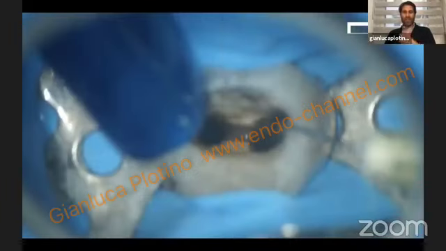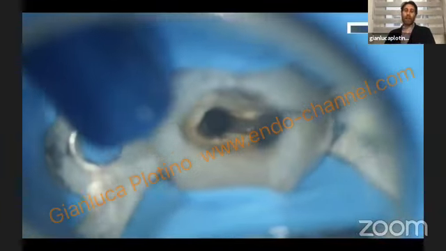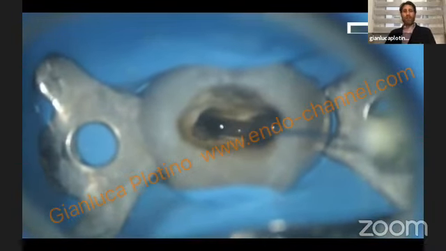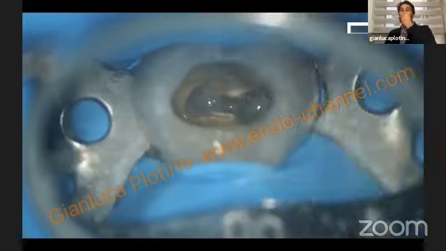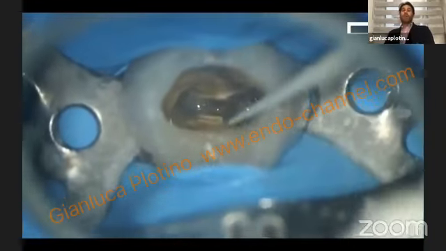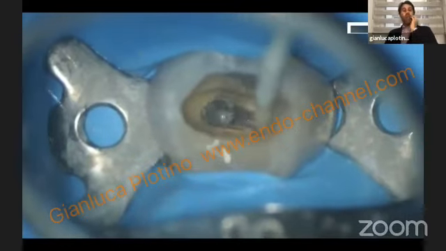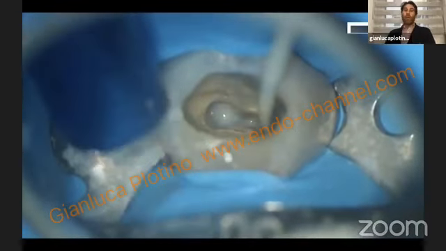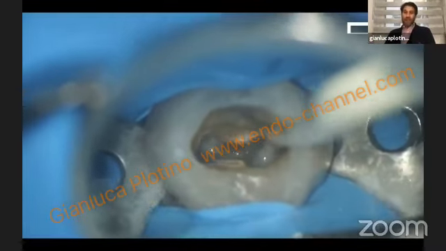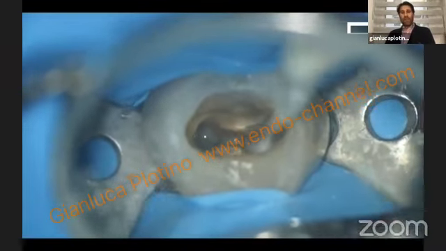In such a case, you can see the irrigant moving up and down from the 3 root canals of this upper premolar. We always need to activate this irrigant. This is a high power sonic device. This is the only sonic device that works well, like the ultrasonic devices. The other sonic devices don't have this power.